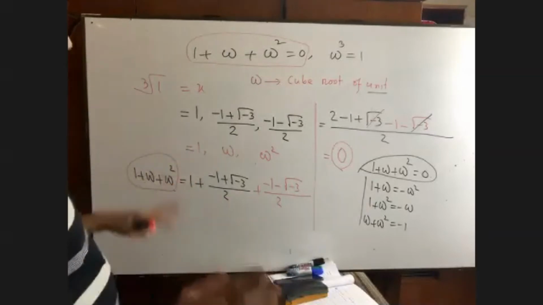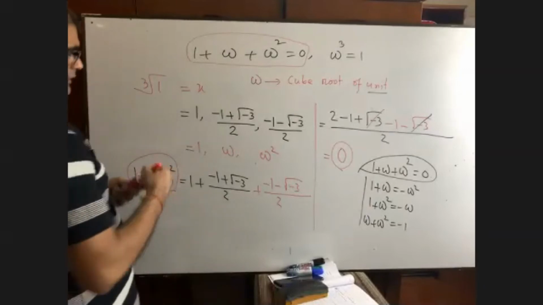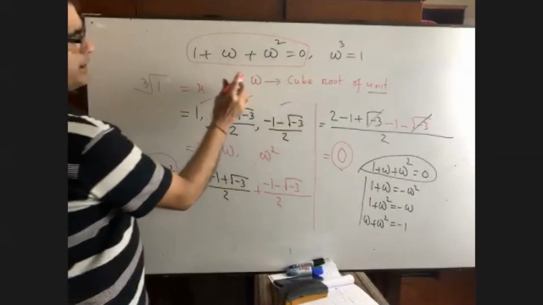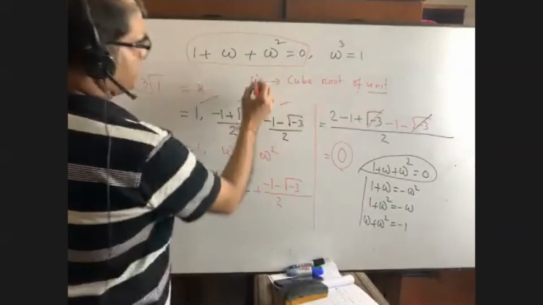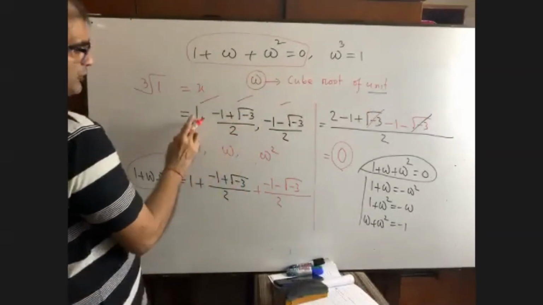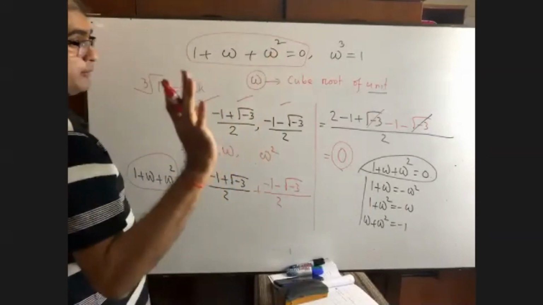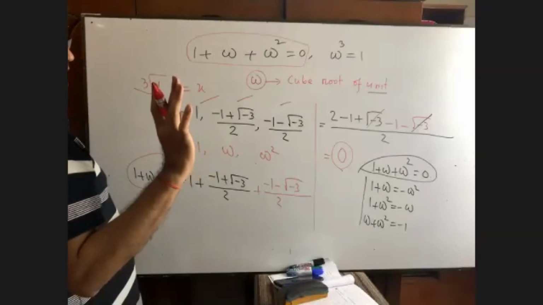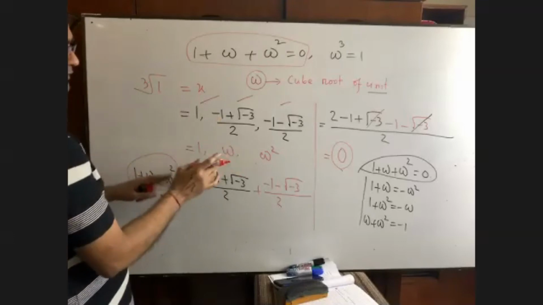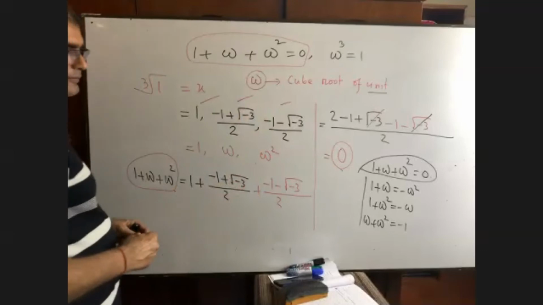How many values have we got? 3 values, right? 1, 2, 3. So it is written cube root of unity, omega, right? So it is considered as omega. It is 1, it is omega, and it is omega square. But I have not done yet. I have many things to say to you. You just think at first it is omega and it is omega square. I will come to this point again, and you will be astonished.